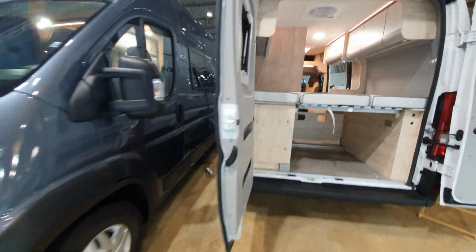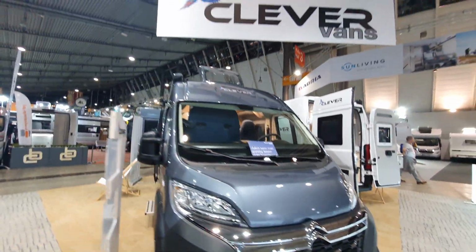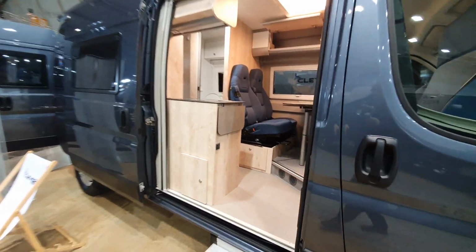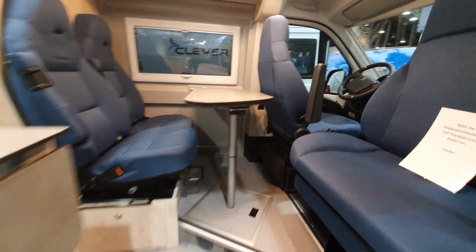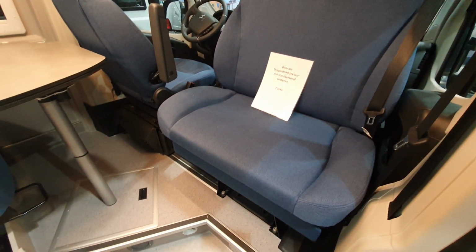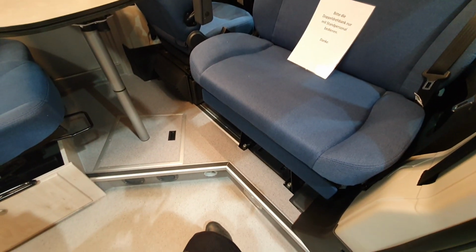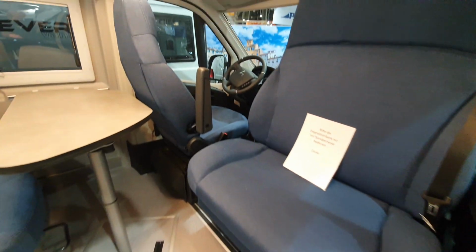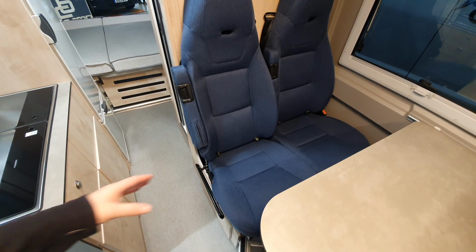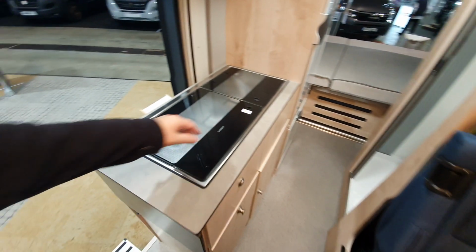Pretty good idea. Anyway, this is a Vario Kids 600. This is a 6-meter van. It's called Vario Kids because it's meant to have more sleeping places. What this has got is 2 seats up there, and this will actually turn round. The unit for that, which turns the whole thing round, is manufactured in Łódź, Poland. Pretty good. This, by a company called Mobil. These 2 seats can be pulled apart, so you don't have to sit too close to the person sitting next to you. 2 burners here,